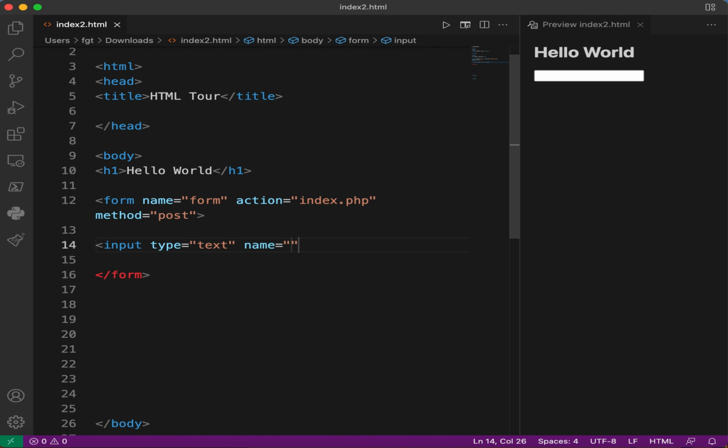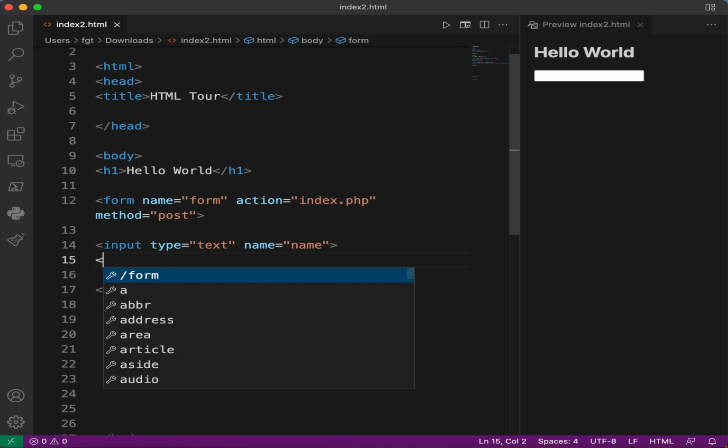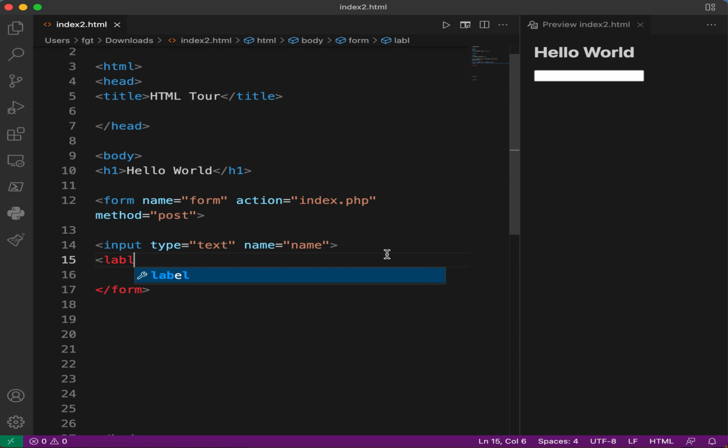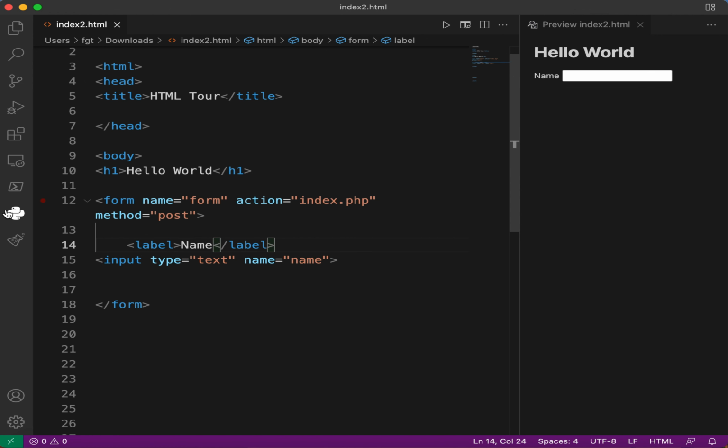Okay, name, let's say here what you want it, name, and then what else? Okay, let's just keep it this way. See, it's closed. And here if we go down here and then we say label. Okay, let's just say name. Okay, see, it says name. We can also put the label on the other side by putting the label first, and then hold on,